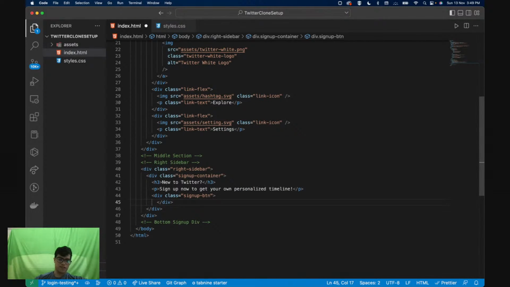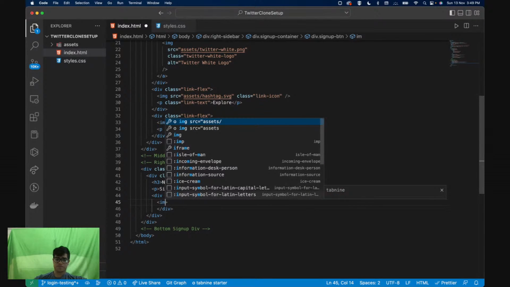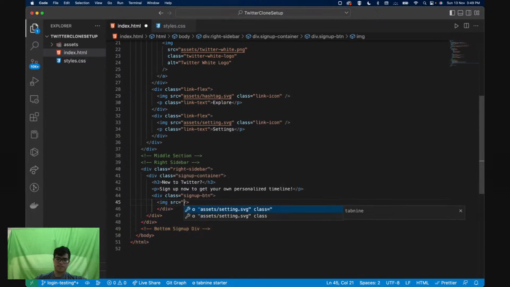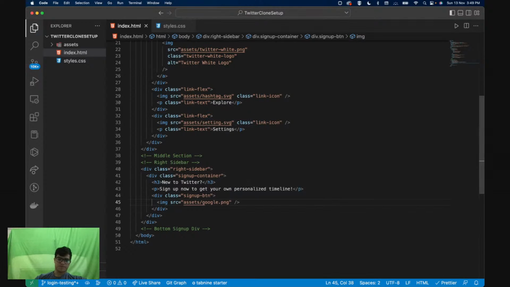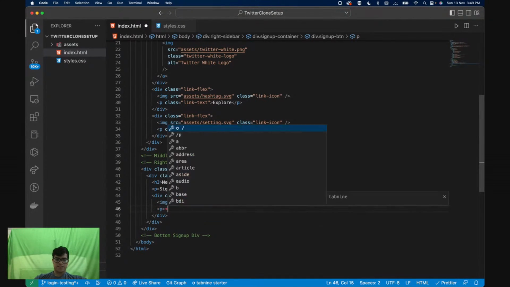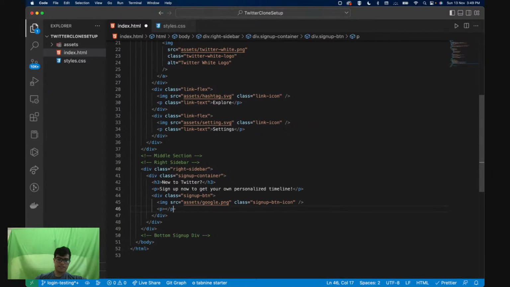And over here, this is going to be a flex, which is going to have an image. The src is going to be assets slash Google, I think. The class name is going to be sign up button dash icon. Right, we're going to have our text, and the text will basically say